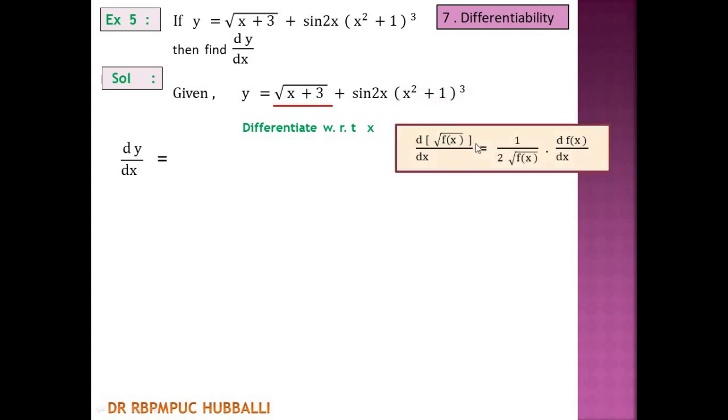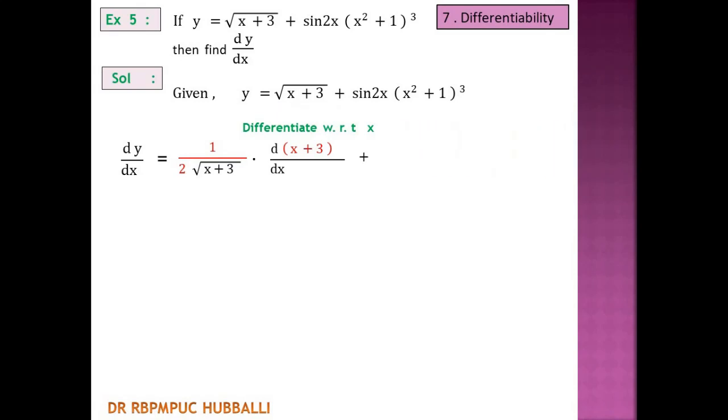Okay, so this function derivative, this is the formula: 1 upon 2 root f of x into d by dx of f of x. I follow this one, I write the derivative first, and here no product rule, division rule, because the function is single term, single function and composite. Just follow that composite rule. It is written as 1 by 2, see here, 1 by 2 same function root x plus 3 into, now inside term derivative, that is d by dx of x plus 3. I hope you understood. Plus sine 2x into x square plus 1 whole cube.